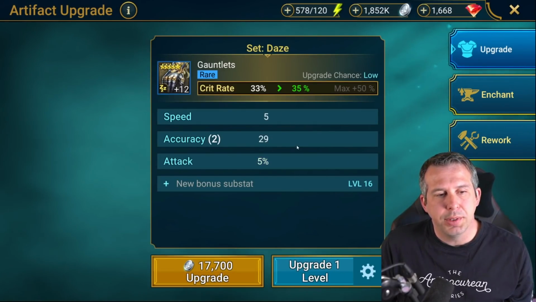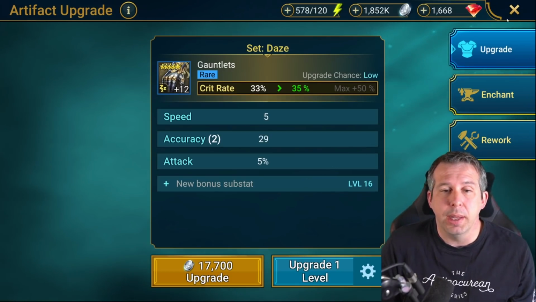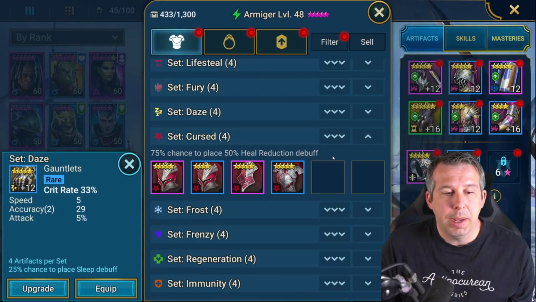my account. Just wanted to see what the other substats rolled as, but a nice juicy amount of accuracy there, 29, with a bit of speed and attack percent. They're just going to be generally good gloves for somebody on the account. Cursed gear, I'll be honest, I've never used cursed gear. The only use case I can even see is maybe for...